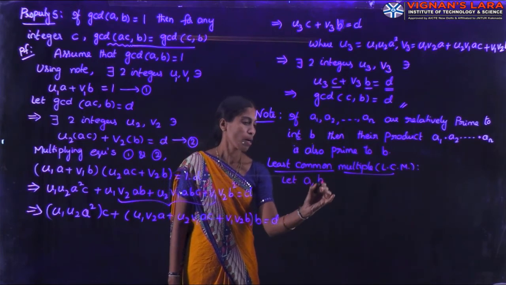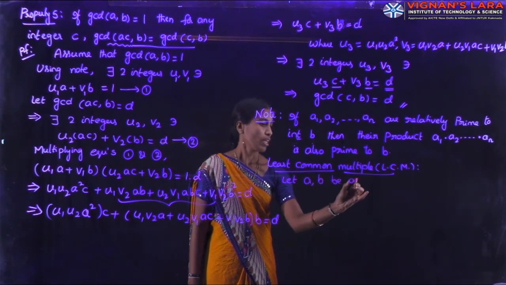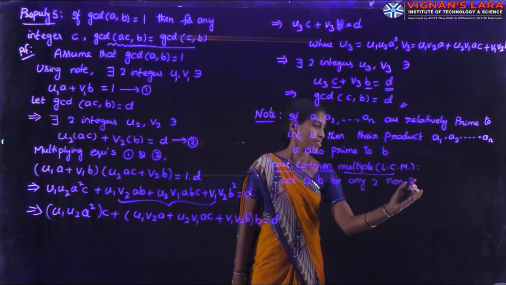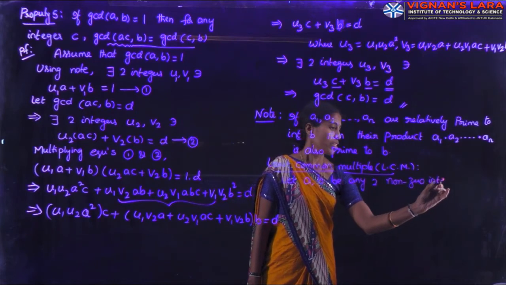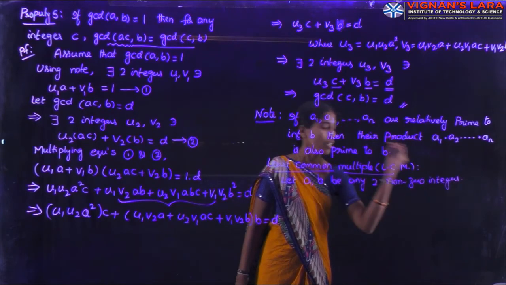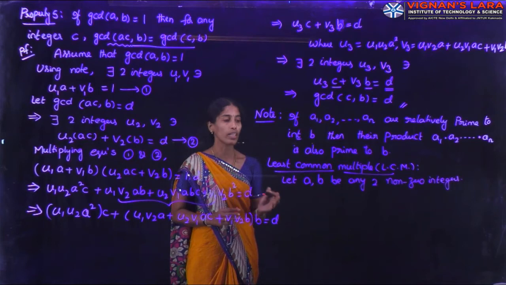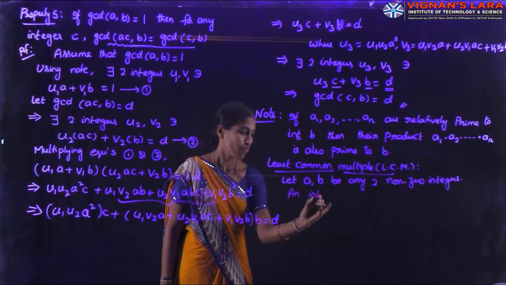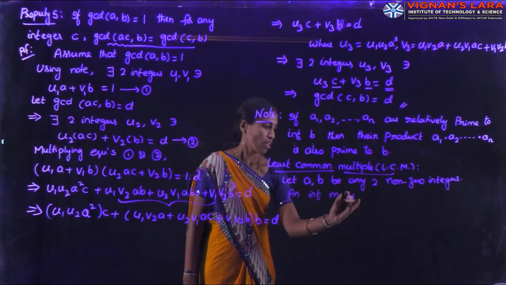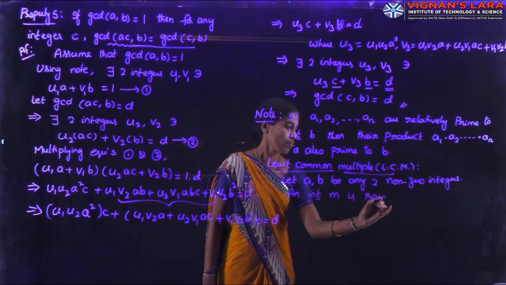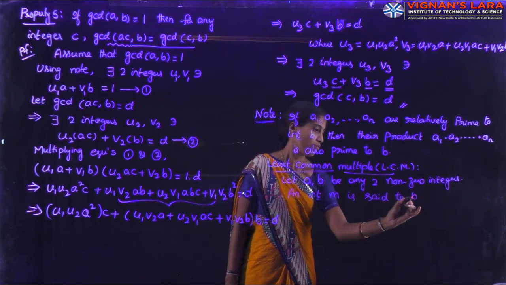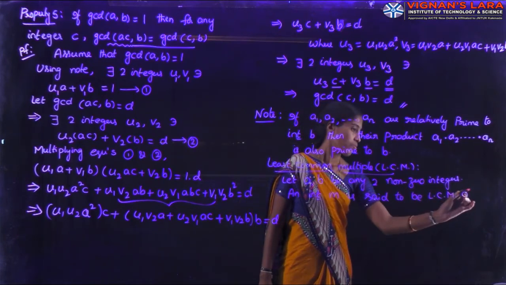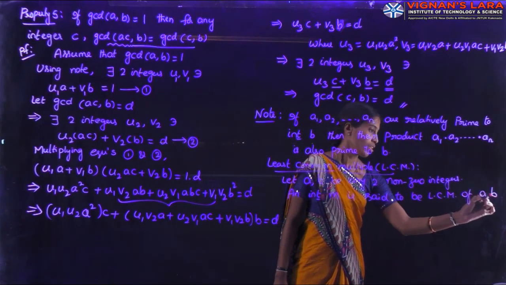Let a comma b be any two non-zero integers. That means these two are integers but not equal to 0, non-zero integers. An integer m is said to be LCM of a comma b